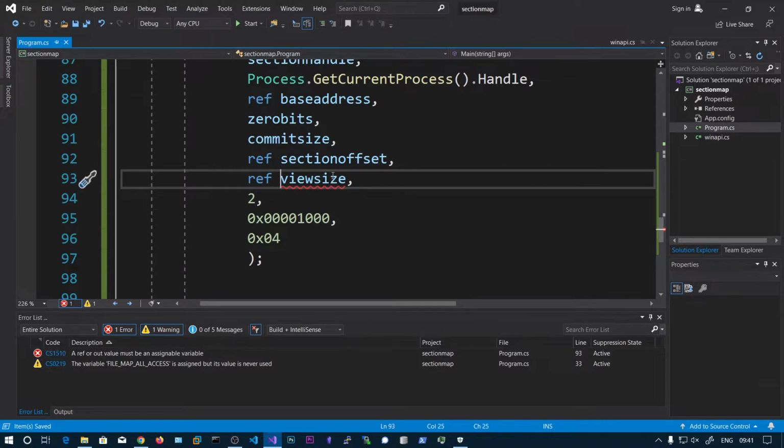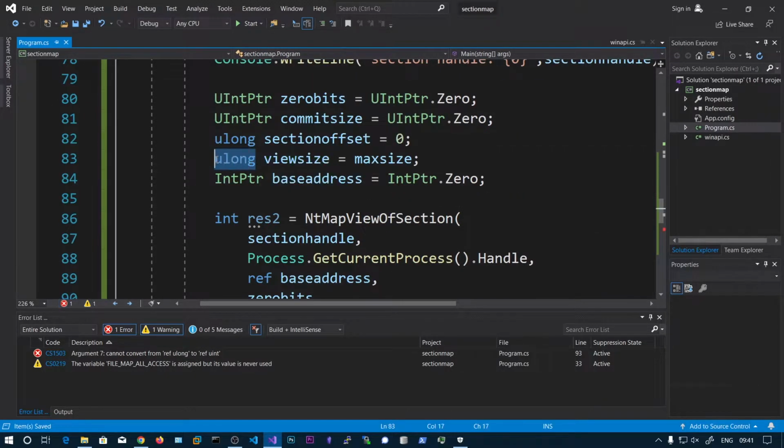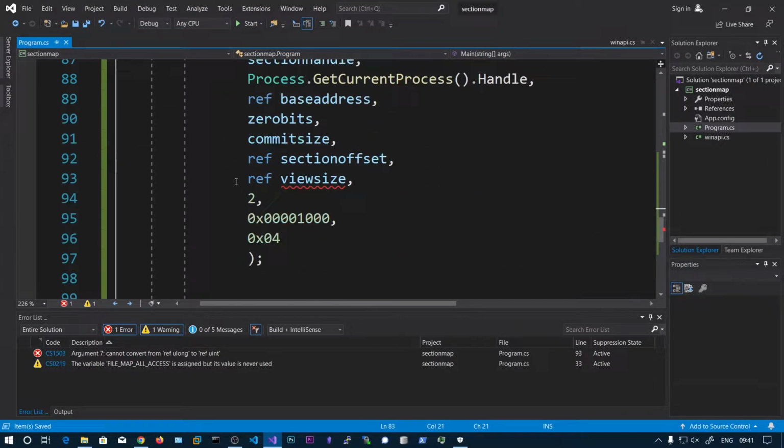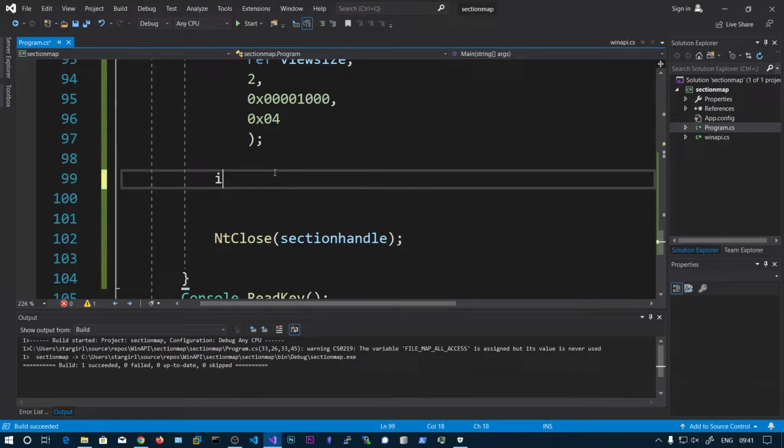Oh, this one is uint. Okay, so if the base address is equal to int pointer dot 0,